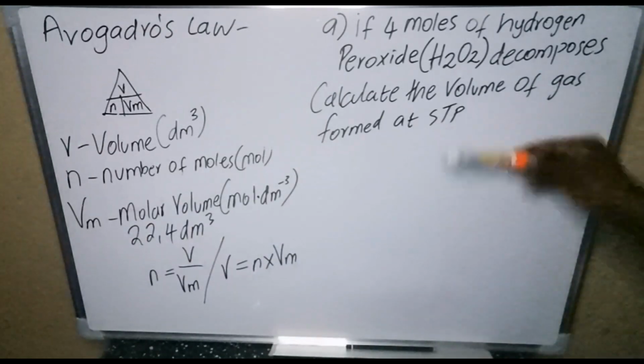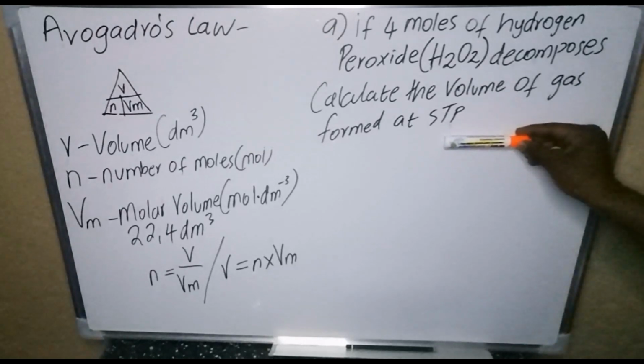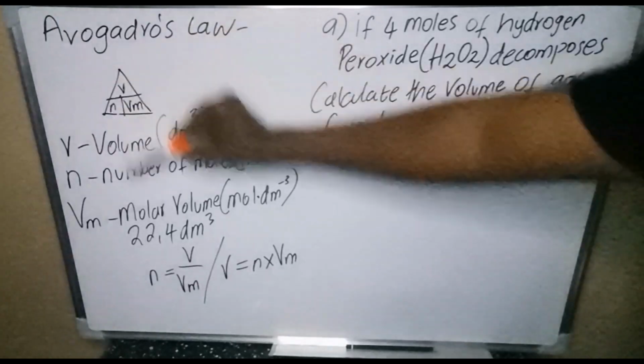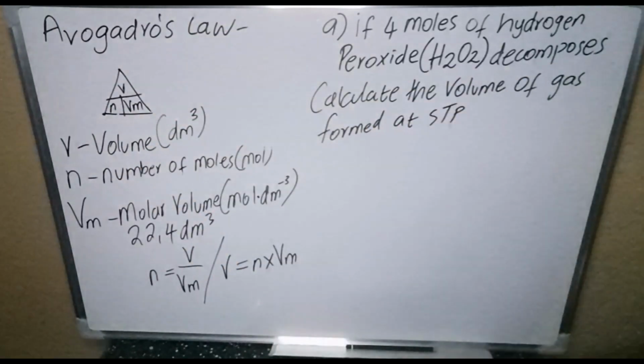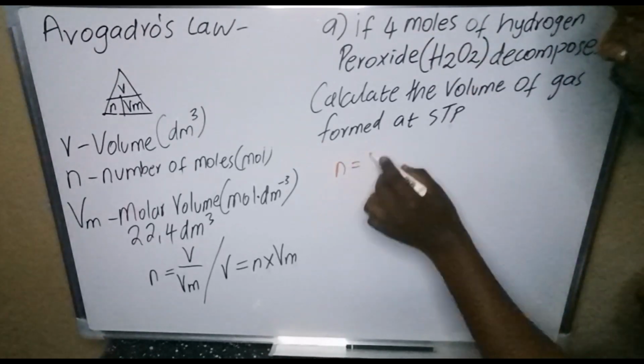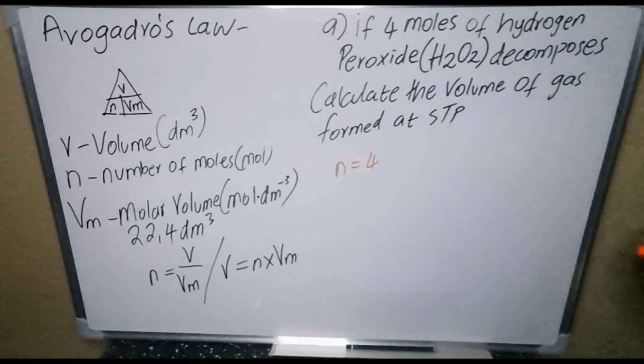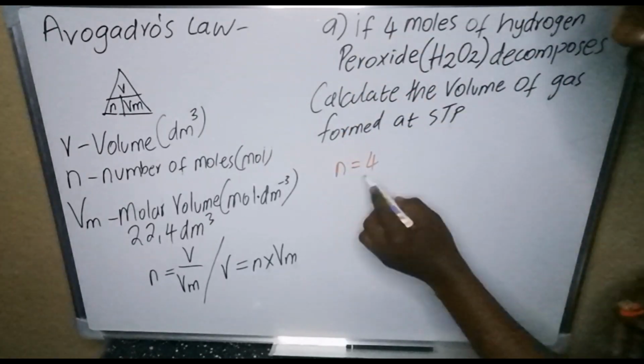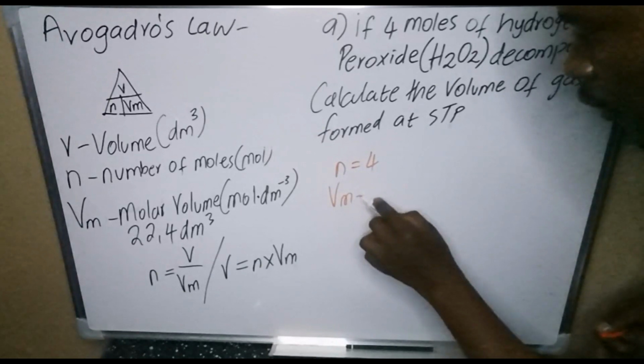Now, how about STP? Think of Avogadro's law, think of this formula and this concept. What are we given here? We are given number of moles, which is 4. If they say you must find the volume, you think of this law of Avogadro. Then, what is the value for our molar volume? It is our constant, which is